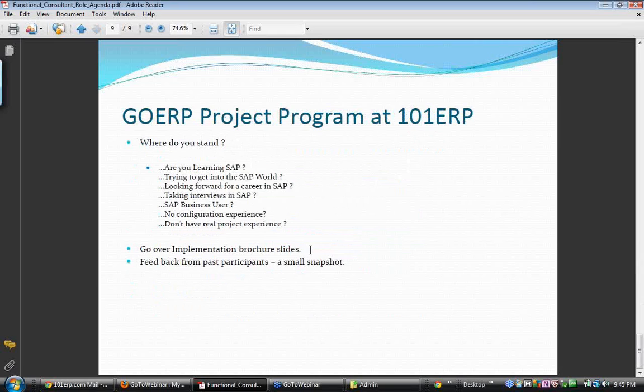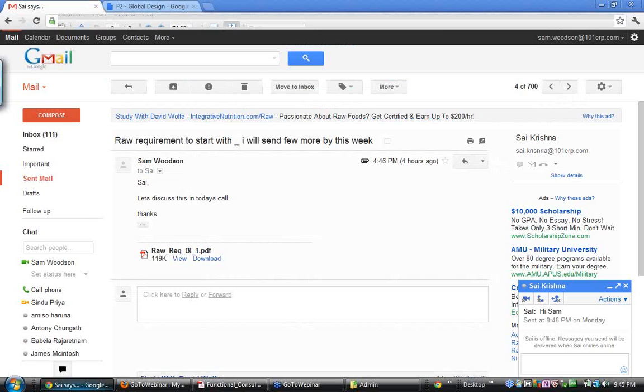And you can talk to whoever actually sent you this invitation. You can talk to them about this program, how things work, what the prerequisite is. I manage a couple of release projects here in this Go ERP release projects program. So the important thing here is,